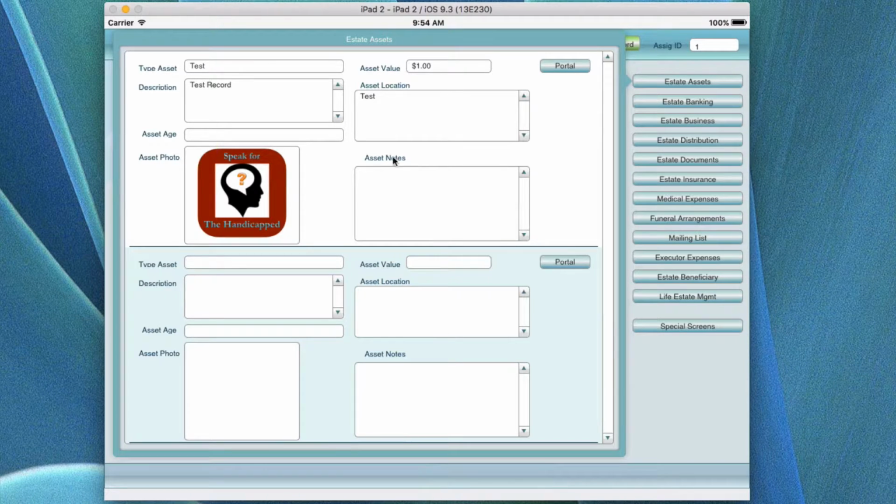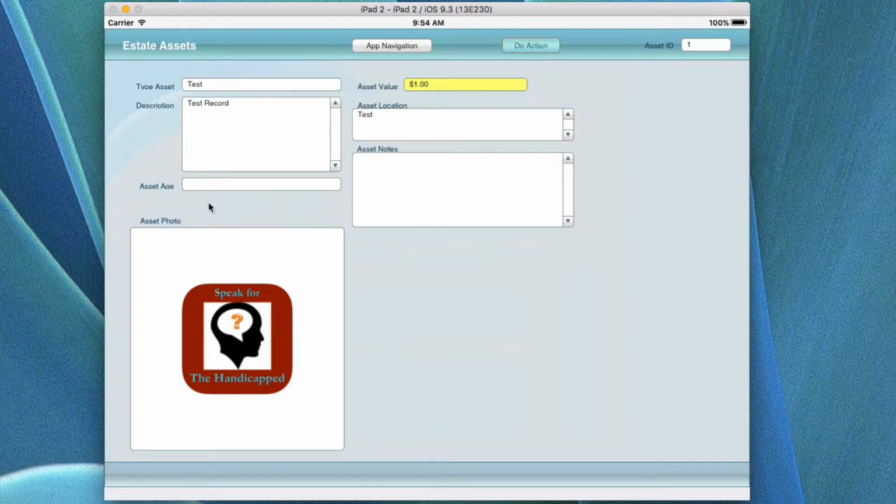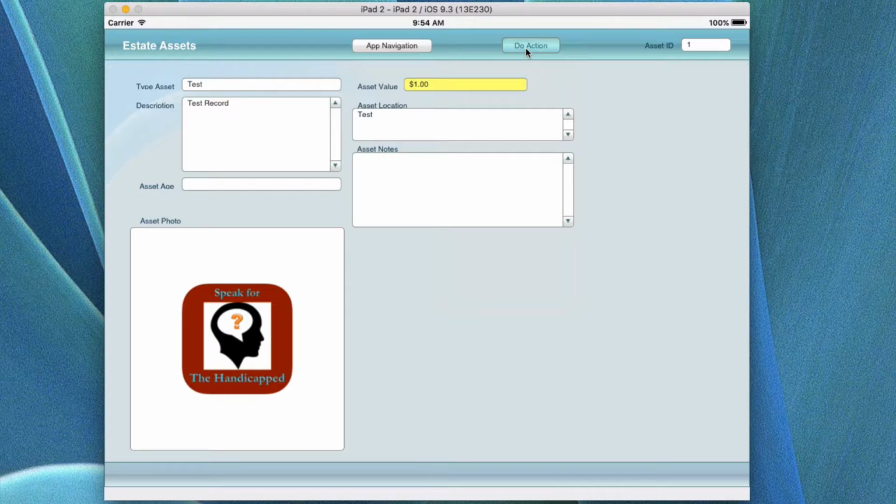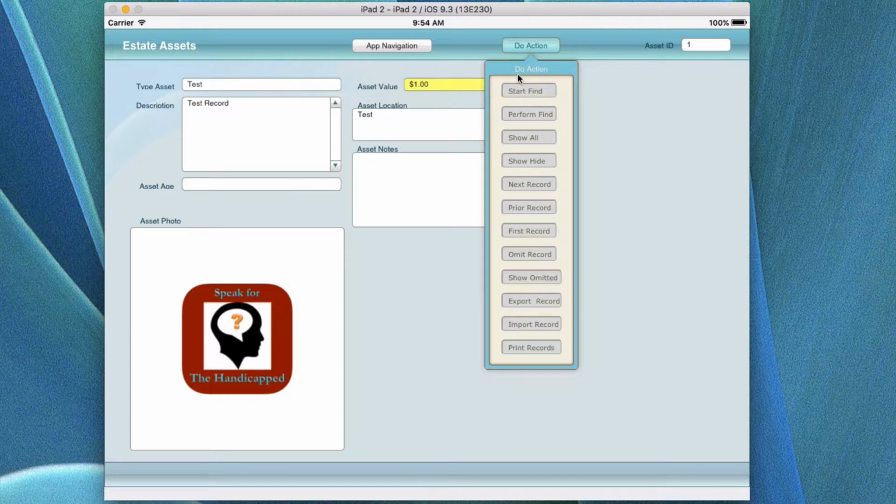If you want to see an individual record with that data in it, then you would click on the portal and it would take you to that portal record. Now when you look at this, you'll see that these are the different portals for the different estate things. We're going to show you later how you do a do action to find a particular record while you're sitting